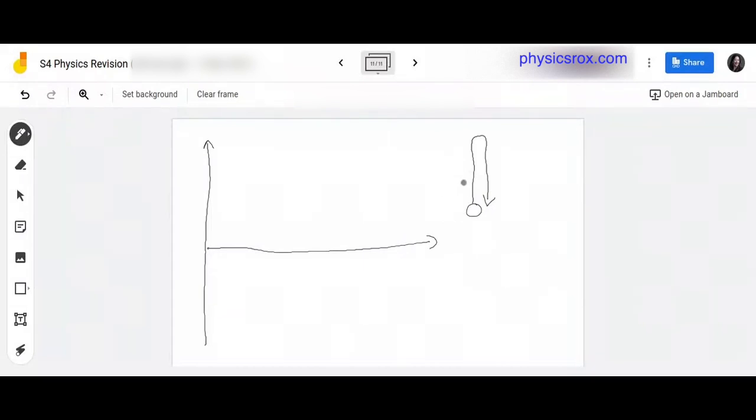Remember, this is going up, so they may draw it differently. Because it's going up, the velocity is decreasing, so they may draw a velocity-time graph like this instead. You have to understand why. It makes sense, right? Because it starts with a velocity here and then ends with zero here. So during this first part of the motion,